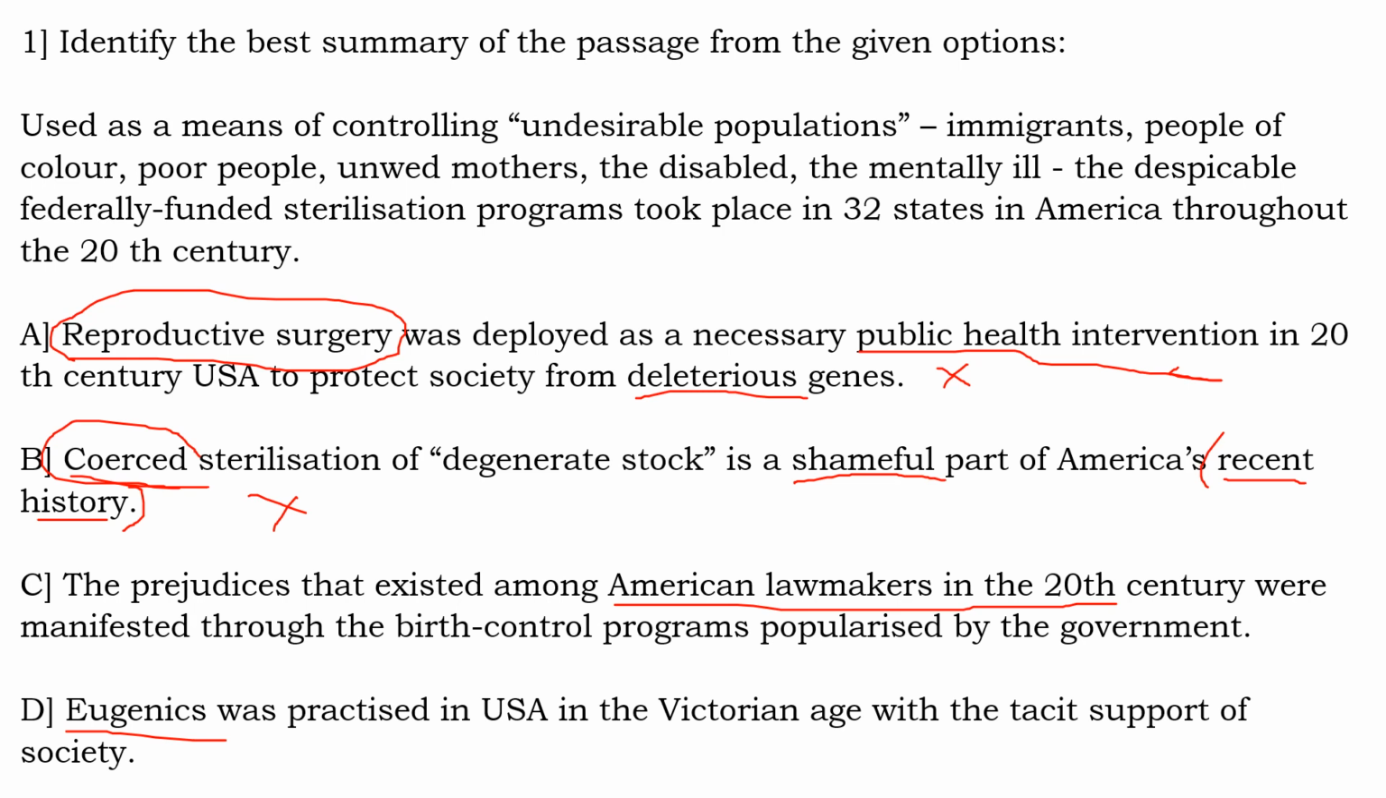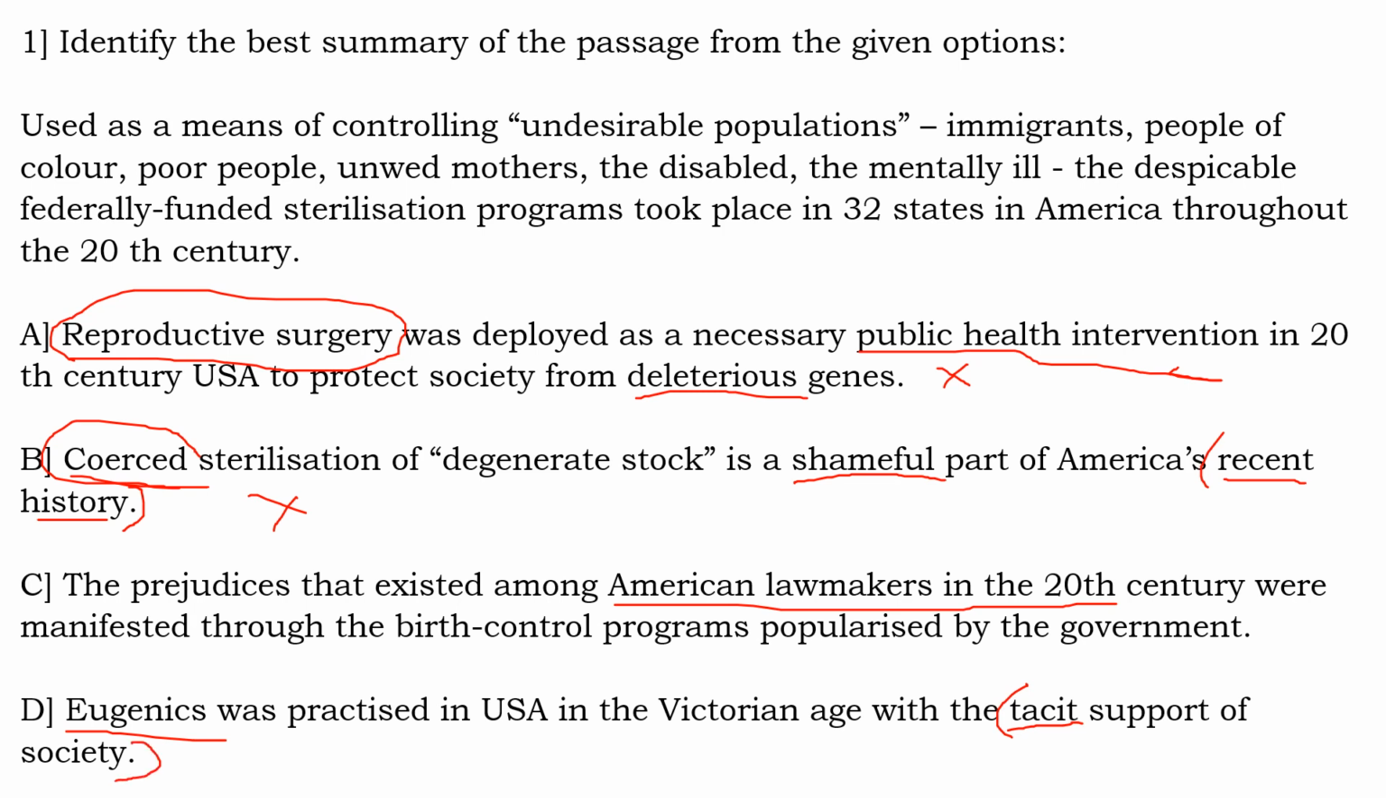So this is true. Eugenics was practiced in USA in the Victorian age with the tacit support. What is this tacit support? Indirect support. So here it says that with the indirect support of the society, this was implemented. Whether we can say society is supporting this or not supporting it, we don't know. We only know that this program was funded by the government and it had the support of the government. Whether the society was supporting this program or not, we don't know. So with the indirect support of the society is a part that we cannot say as true as far as